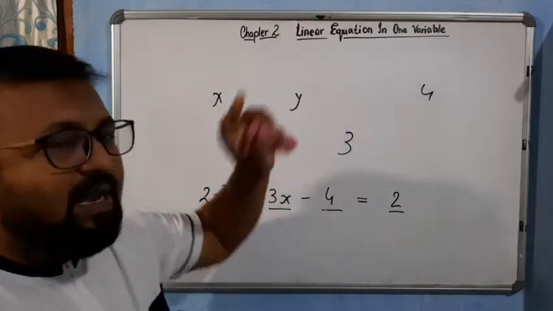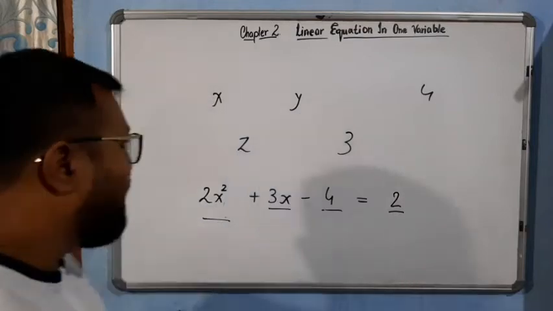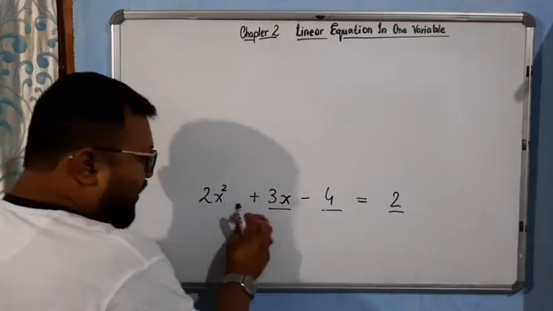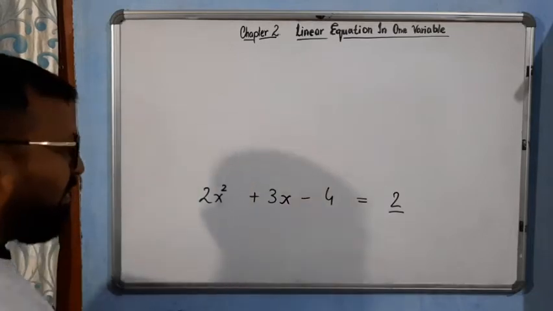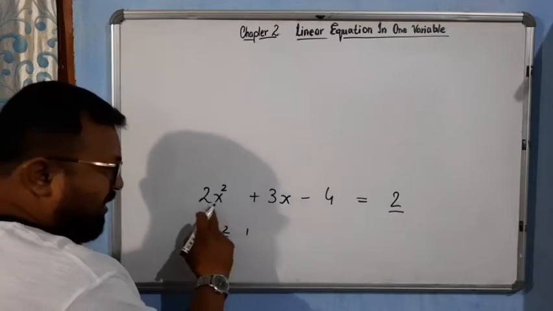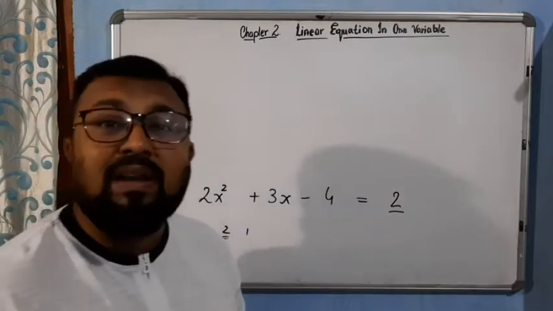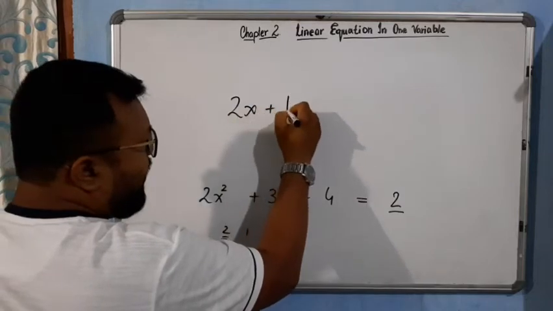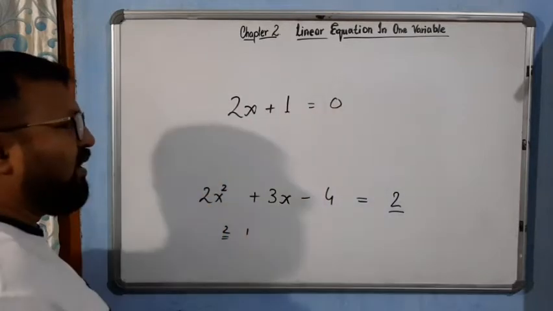Now we will talk about linear equation, when we call an equation a linear equation or an expression a linear expression. Right now we will look at what we see. The highest power of a variable, in this case it is 2, in this case it is 1. Which is highest? 2. So the highest power of this variable is 2. That's why this type of equation is known as a quadratic equation. But suppose I write 2x plus 1, it may be equal to 0, because we are talking about equations, so we have to equate, so equal to 0.